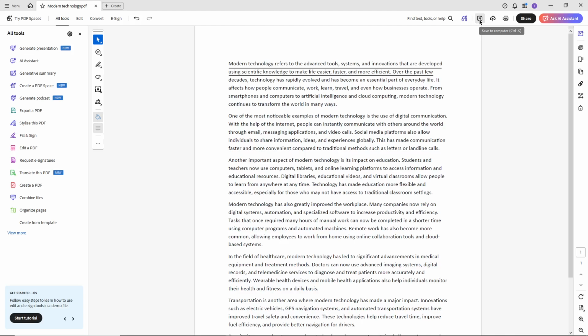Once you've finished removing all the unwanted lines, it's important to save your work. In the upper right corner of your screen, you'll find the Save button. Click on it to preserve all the changes you've made to your document. This ensures that your edited PDF is stored with all the lines removed and you won't lose any